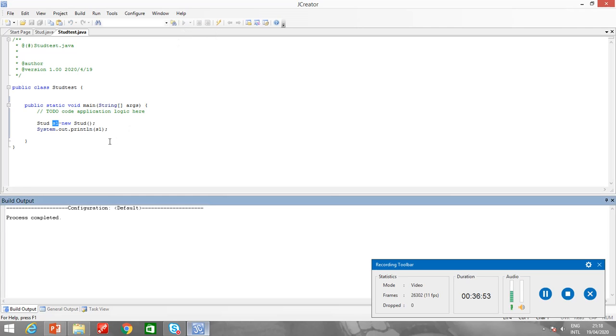It should print some memory address. It prints stud@19821f. So it is not printing the values of the instance variables; rather it is printing where this object is stored. If you see stud, that means it's an object of the student class, and it is stored at some memory location.